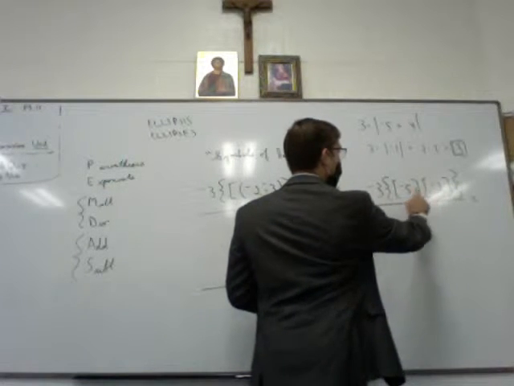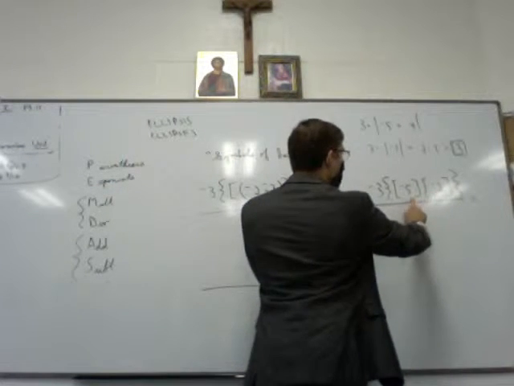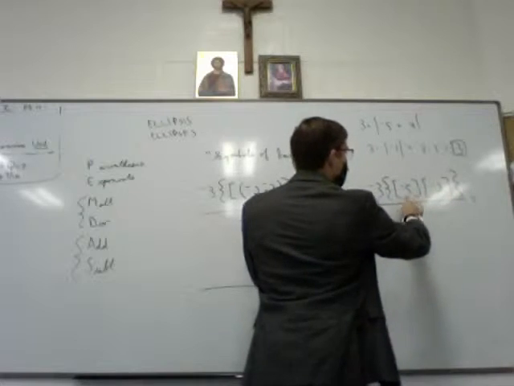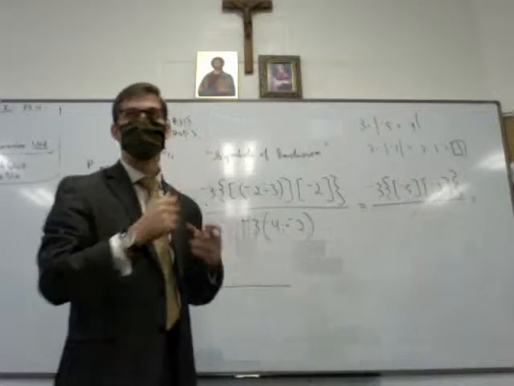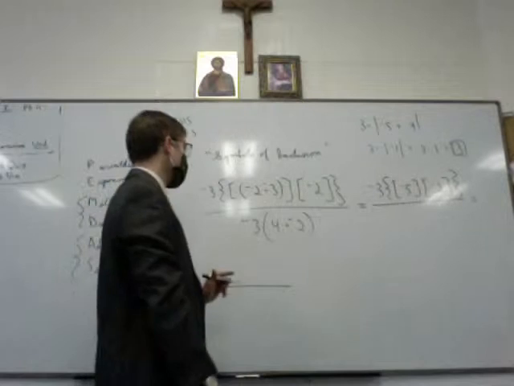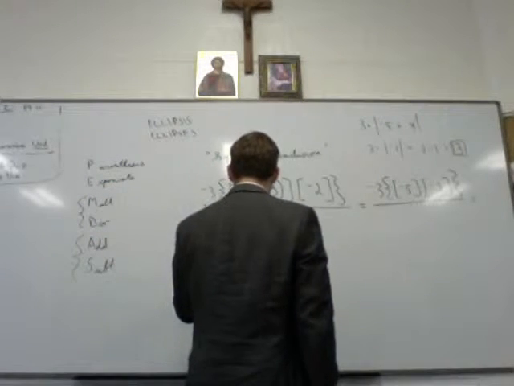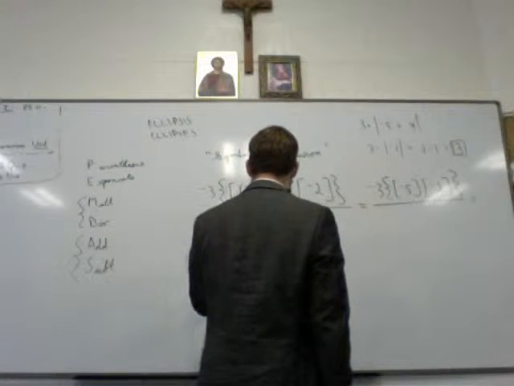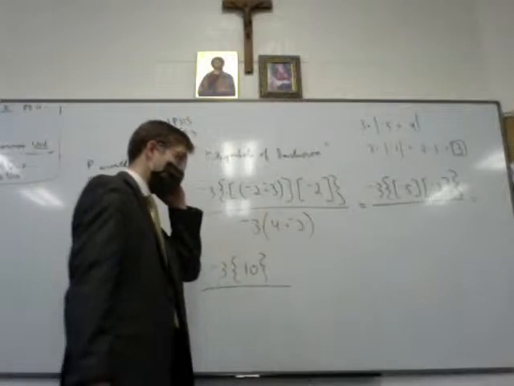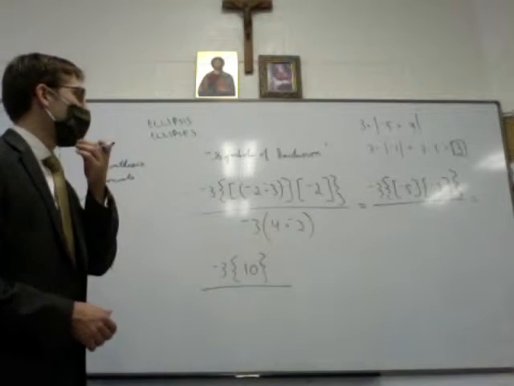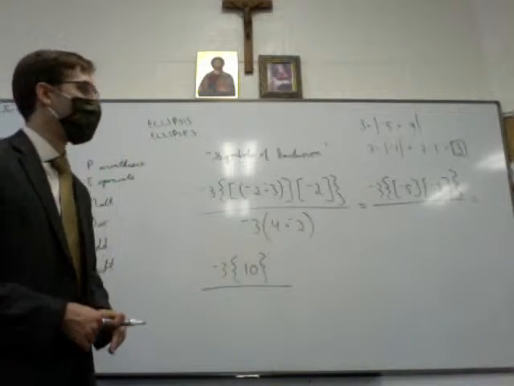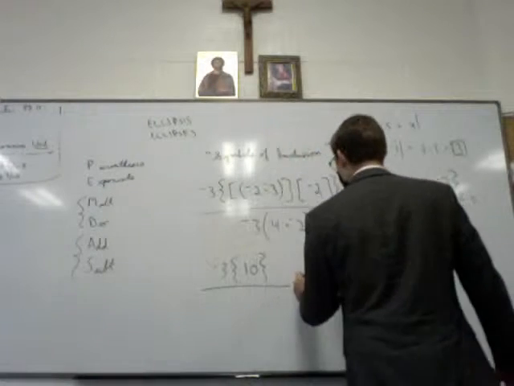Now there's nothing to do inside either of these sets of square brackets. But inside these curly brackets, we have negative 5 times negative 2. Remember, when there's no sign, it means multiplication. So we've got negative 3, curly bracket, 10. And as you guys correctly said, negative 5 times negative 2 is going to give you positive 10. All right, now what do we do on top?